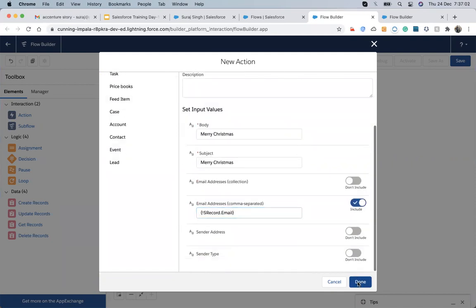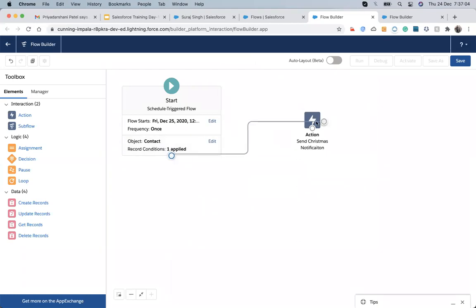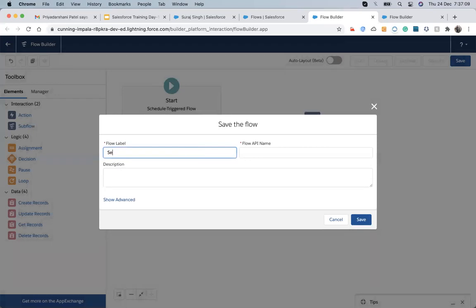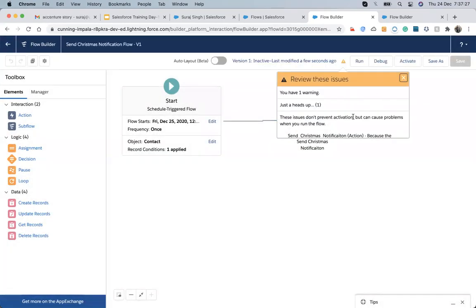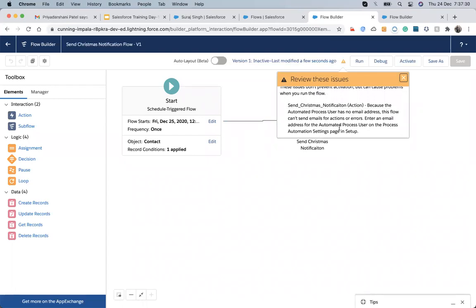I will just go and schedule up here, and I will just join it and save it. Because the no user email addresses cannot be